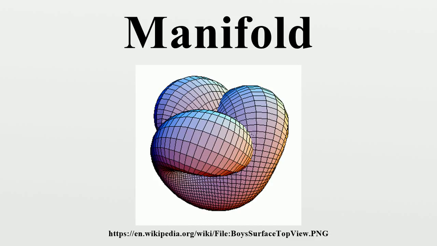Investigations of Niels Henrik Abel and Carl Gustav Jacobi on inversion of elliptic integrals in the first half of the 19th century led them to consider special types of complex manifolds, now known as Jacobians. Bernhard Riemann further contributed to the theory, clarifying the geometric meaning of the process of analytic continuation of functions of complex variables.